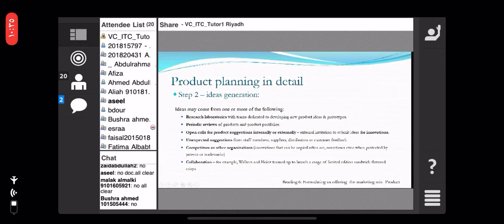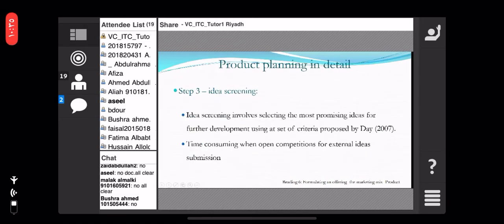So these are the steps. Basically, ideas may come from one or more of the following. That is idea generation in step 2 when it comes to product planning in detail. Similarly,